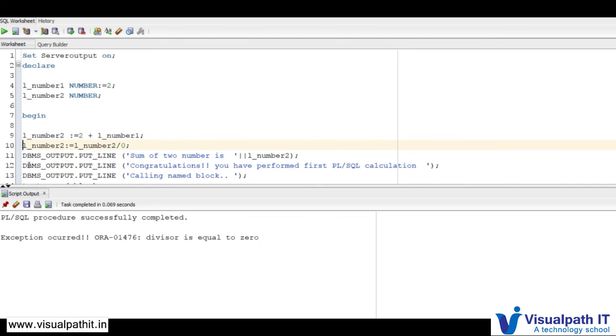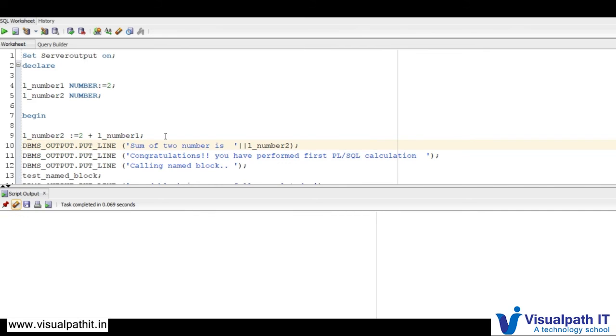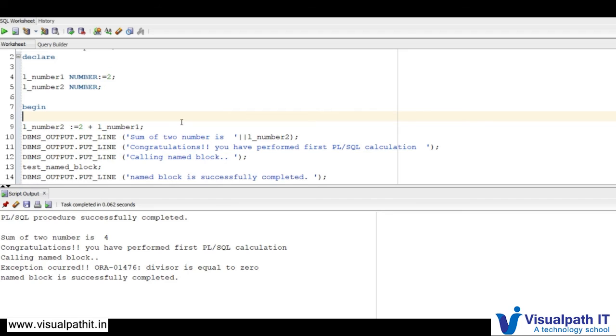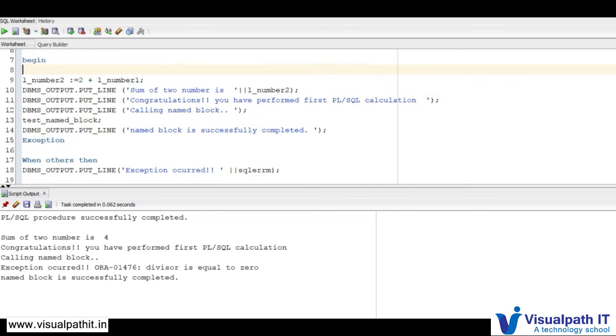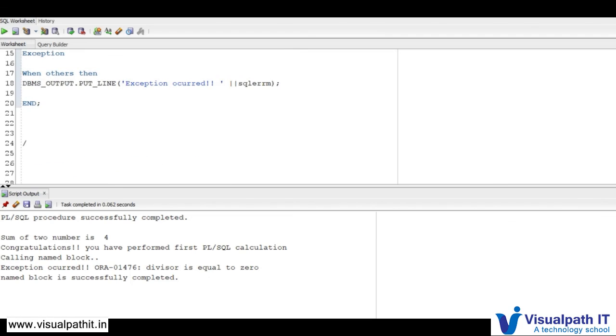I can simply remove this line. Sum of two numbers is 4. Congratulations, you have performed your first PL/SQL calculation calling named block.